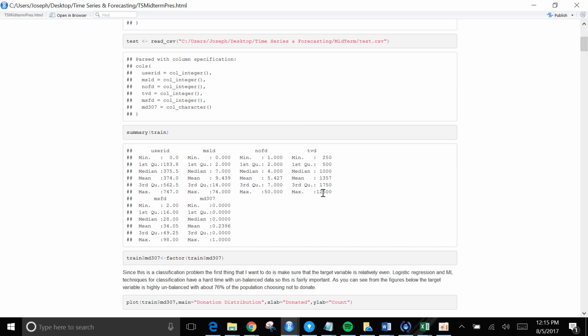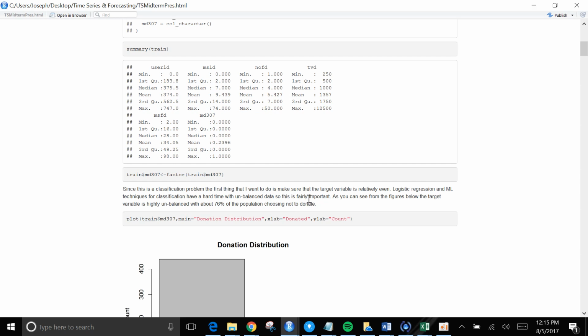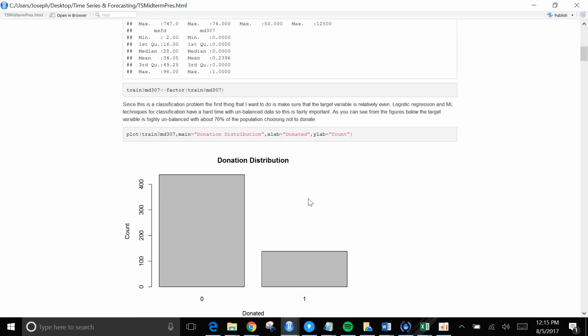Again, this number of times donating, the max being 50, appears to be much higher than the other ones as well. So potentially this is just somebody who has given a lot of blood and not a typo, due to the fact that these two seem to go hand in hand. Number of times donating and total volume donated makes sense. So I'm going to leave that as is and not do anything to it, especially since we're going to be using a lot of machine learning algorithms that can deal with outliers and things of that nature relatively well.